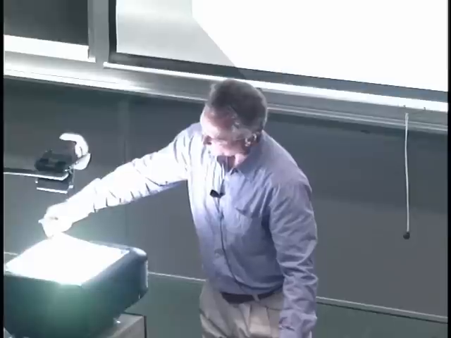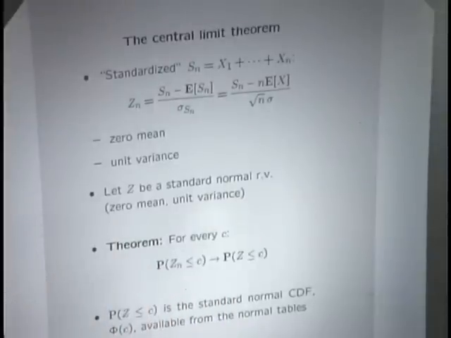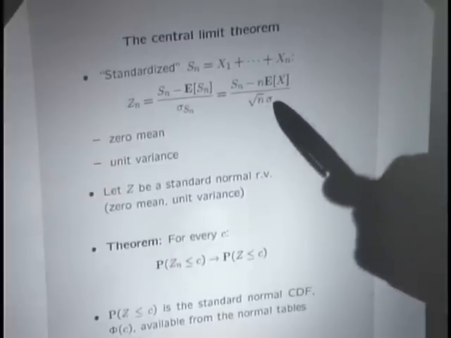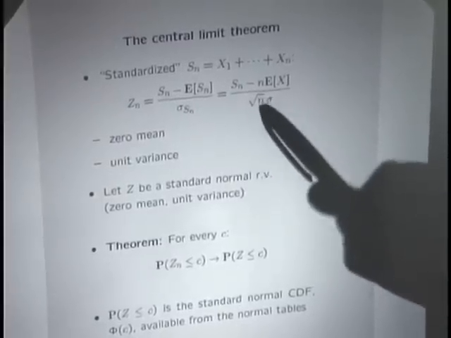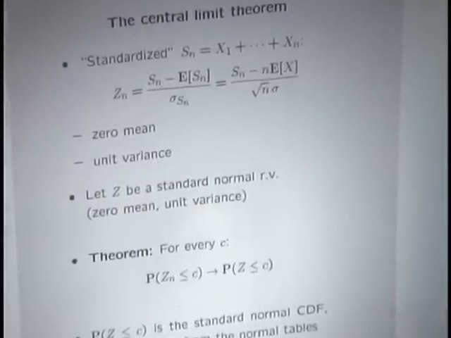So let's do what we did before. We're looking at the sum, and we want to divide the sum by something that goes like square root of n. So the variance of Sn is n sigma squared. The standard deviation of Sn is the square root of that. It's this number. So effectively, we're scaling by order of square root n. Now I'm doing another thing here.